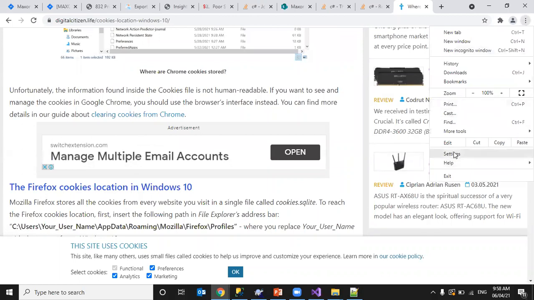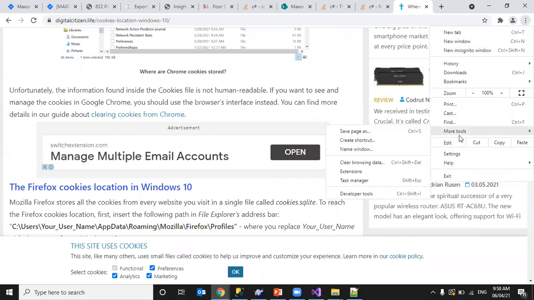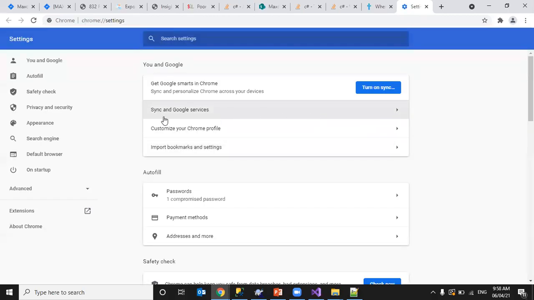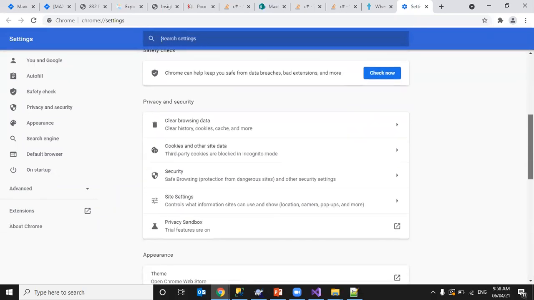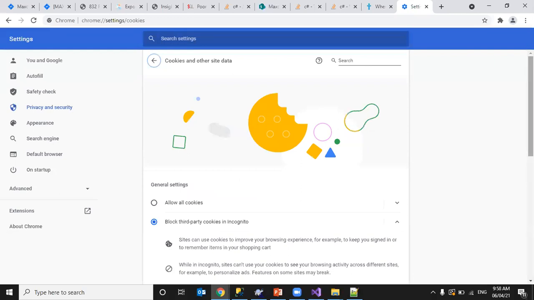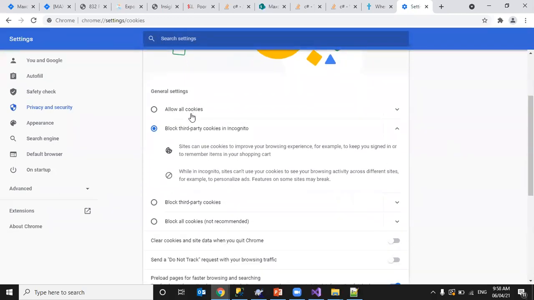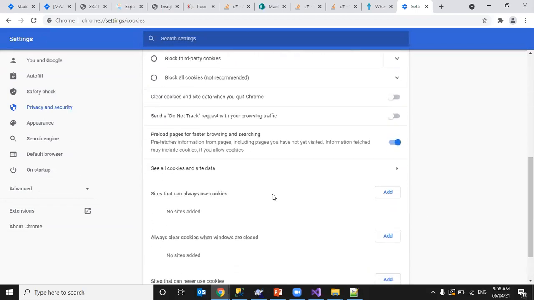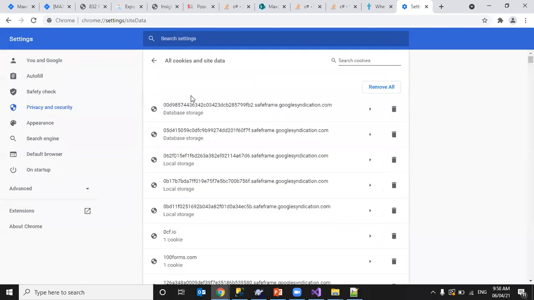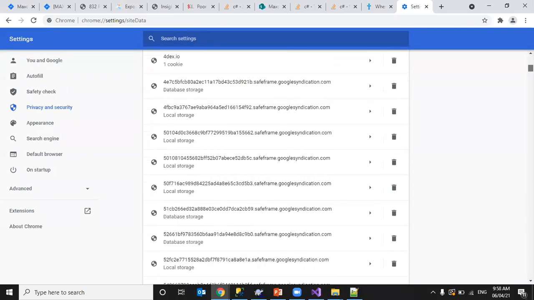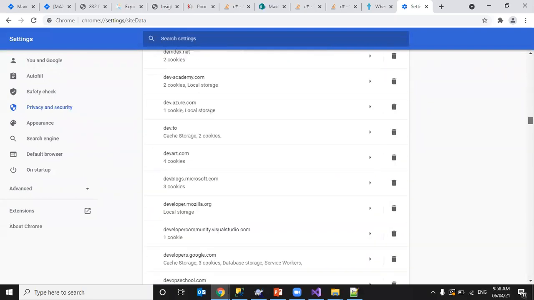Somewhere here we can see that. We can enable or disable cookies here, allow cookies, block third party, incognito. See all cookies and site data. This is where we can see the cookies information. These are the different cookies that are available in the browser or in our system.